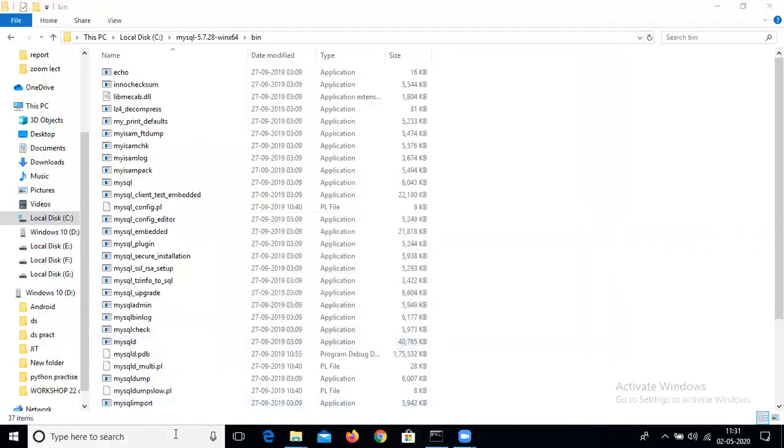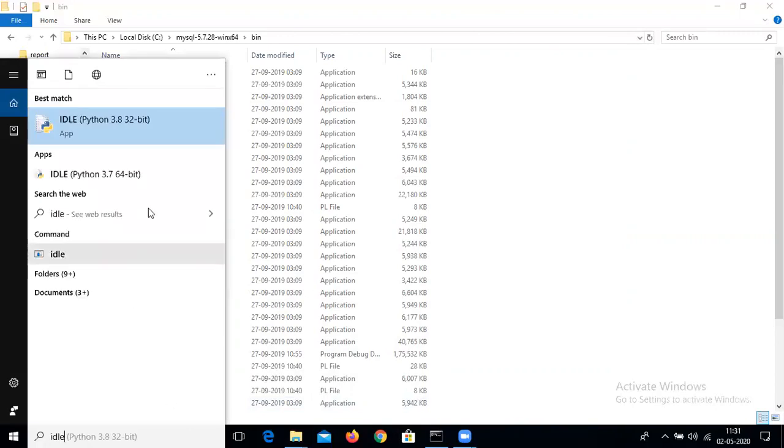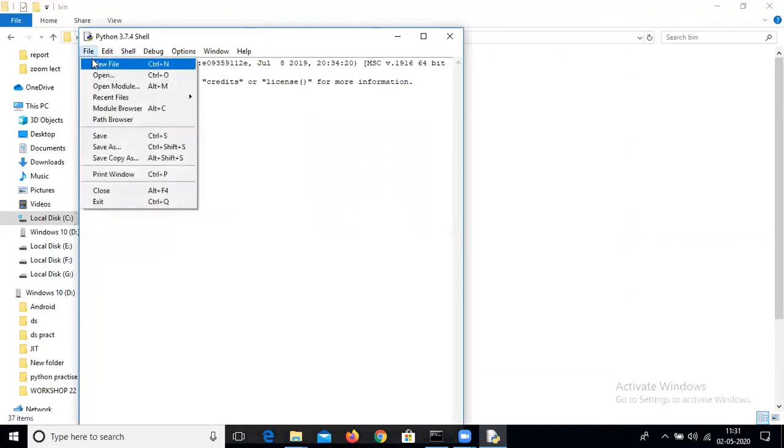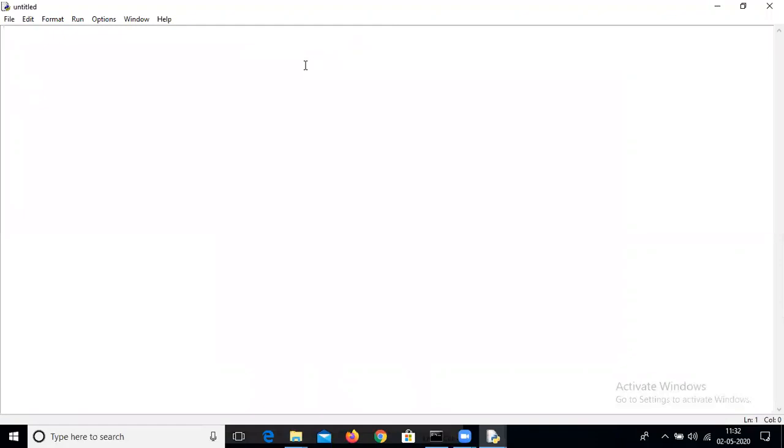So for Python, we need IDLE. There is a file name. Now, to connect, we need a package. The package name is PyMySQL. To import PyMySQL. After that, we need a database connection. To connect with the database, we need pymysql.connect. PyMySQL is a package, and inside this package, there is a method connect.